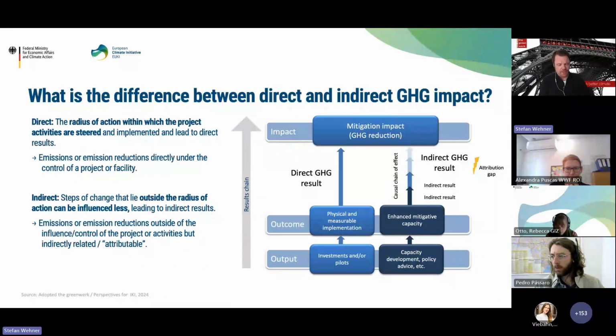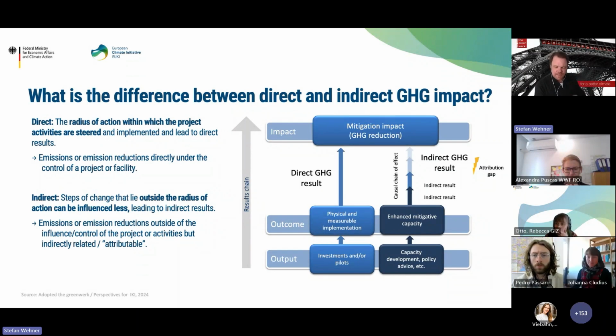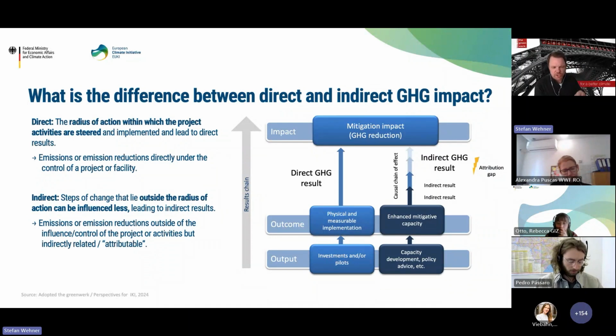The majority of technical cooperation projects rather work in the area of indirect impacts. So any emission reduction results outside of your project scope, outside of the radius of action, that you can only indirectly influence. In this case, there should still be a kind of relation to your project and an attribution, because you might have influenced this, but you are not doing the eventual investments. You are not doing the implementation. It's someone else who is doing it. Your partners, your target groups,